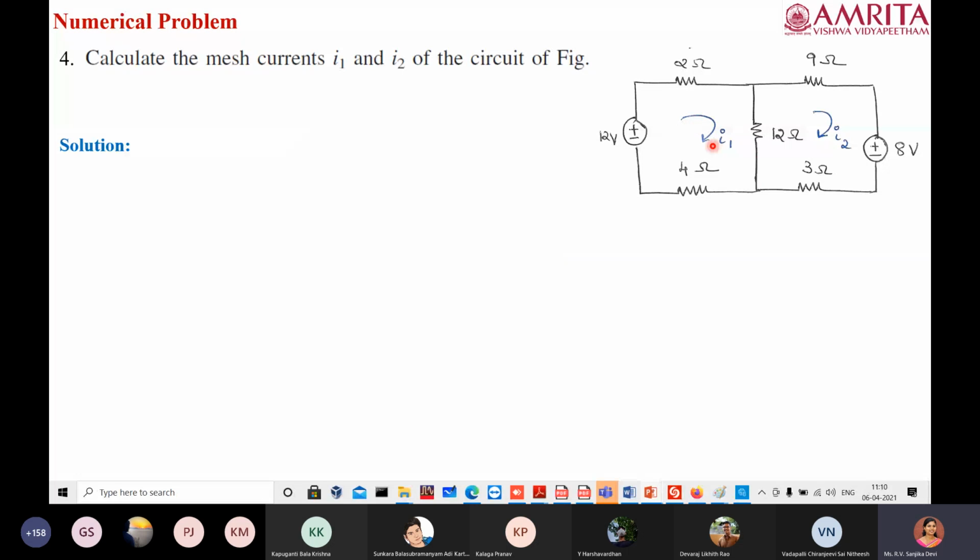Okay, and the mesh should have a mesh current or a loop current I1 and I2. Now, since we are having voltage source, and it is easy to represent the voltage drop or rise across each of the circuit element, it is always better to go for KVL, Kirchhoff's voltage law. So now we will start writing the equations. If there are only voltage sources, we have to use only KVL to get the answer. That is the easiest approach.